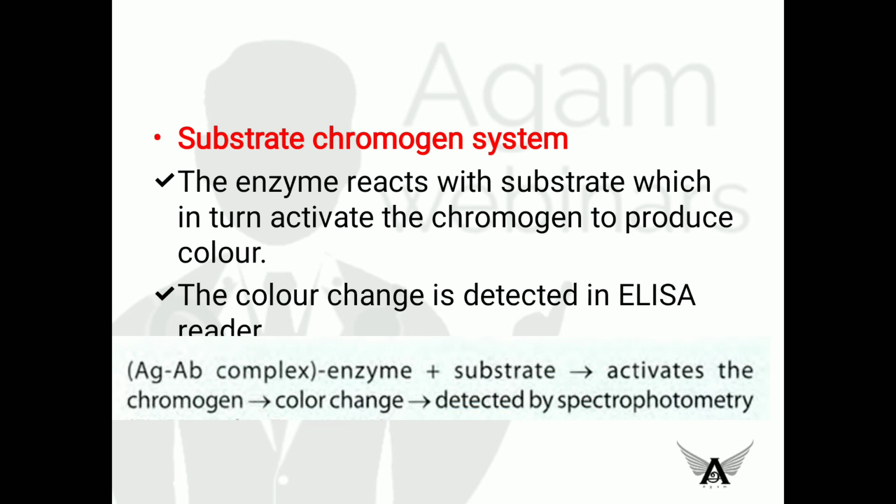See, if antigen is present, then the antibody complex forms, and we are adding the antibody that is labeled with the enzyme. Okay, then we are adding substrate. The enzyme will activate the substrate chromatin, and chromatin produces color, which is detected by spectrophotometry. I'll repeat once again. First, antigen is present in the serum, then enzyme labeled antibody is added, then substrate chromatin is added. This enzyme will activate the chromatin to produce color. Okay, the color is detected by spectrophotometry, sorry. Okay, this is the principle.